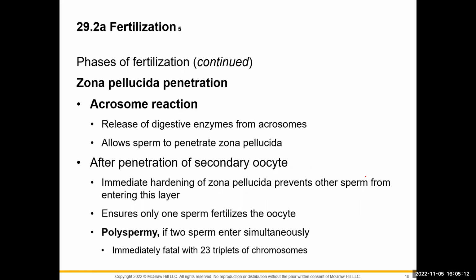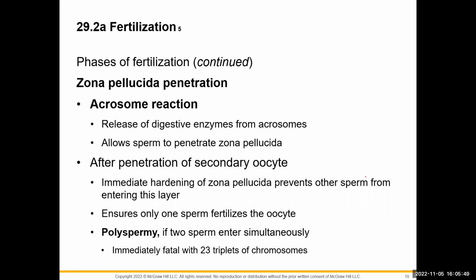Well, then you get one of the sperm that makes it to the zona pellucida, and as soon as that happens, the head of that sperm embeds itself into the zona pellucida, and it undergoes the acrosome reaction. That's the tip of the sperm there. And the acrosome releases these digestive enzymes that pretty much break down the zona pellucida in that immediate area. And as soon as that happens, which is kind of like a cool protective mechanism that the secondary oocyte has,